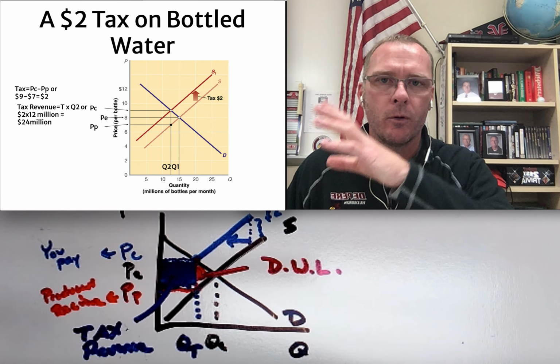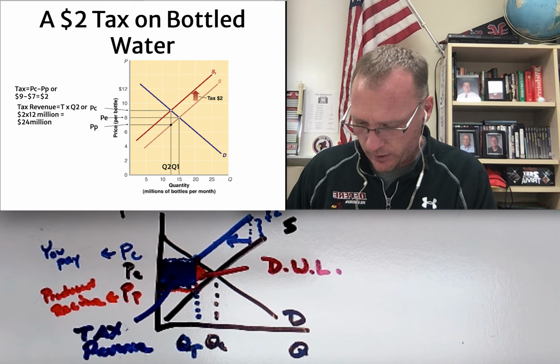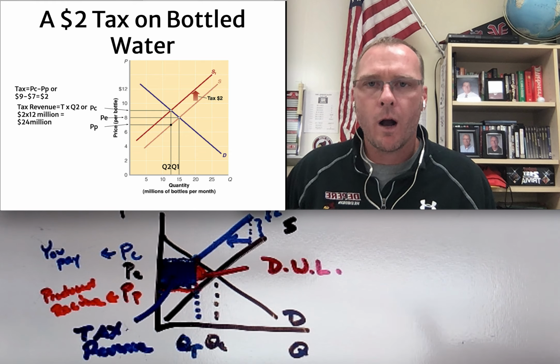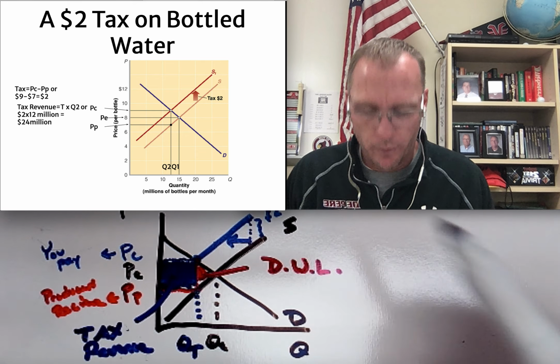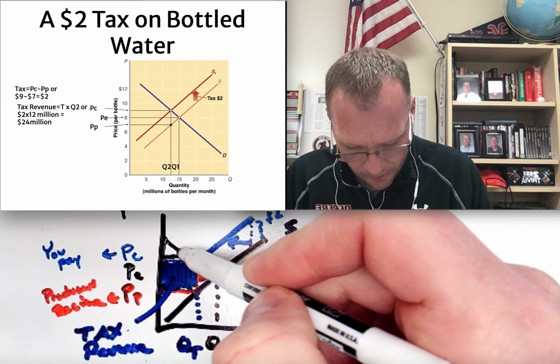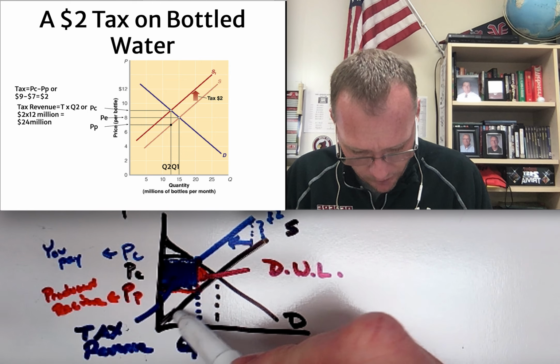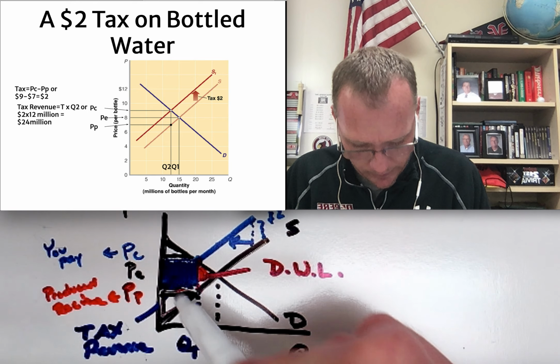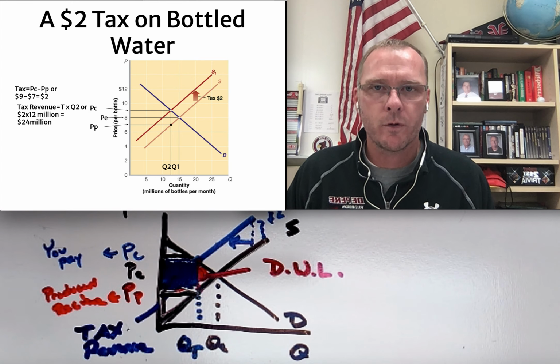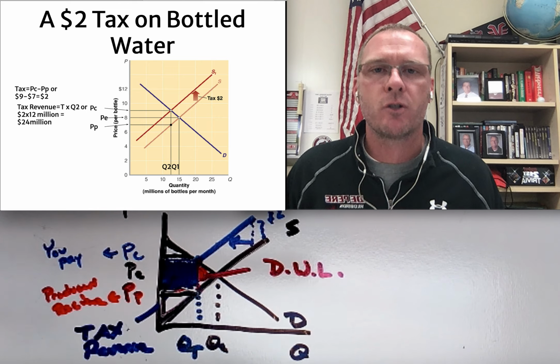That tax revenue might be used in a positive way. If it benefits you, then it's awesome. We are also going to see some reduced consumer surplus. So the reduced consumer surplus is going to be this triangle here. The reduced producer surplus is going to be this triangle here. So we are seeing this cut into our producer and consumer surplus, which is how we can measure who this